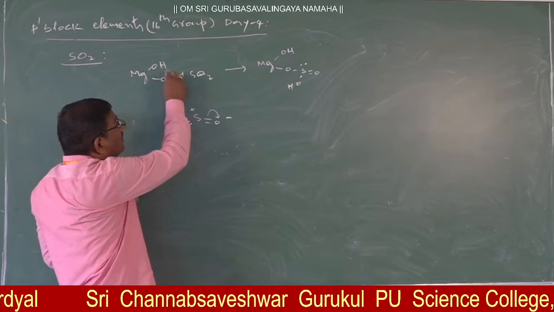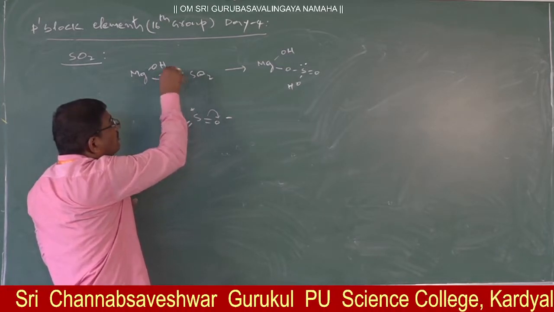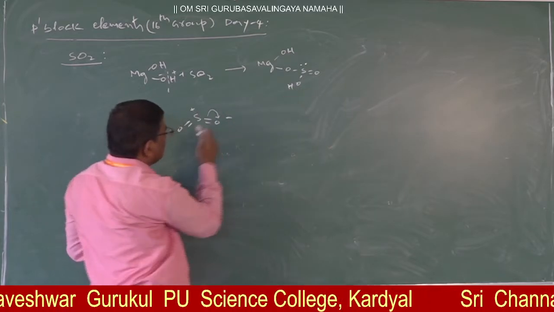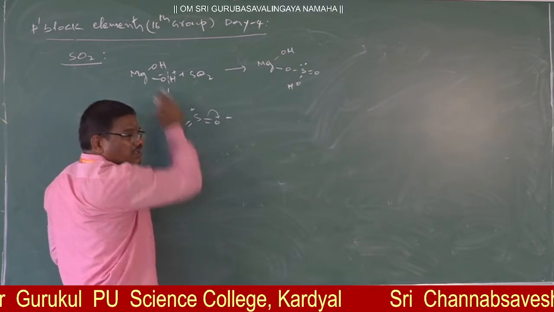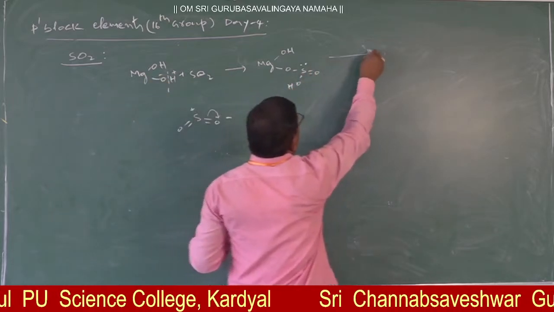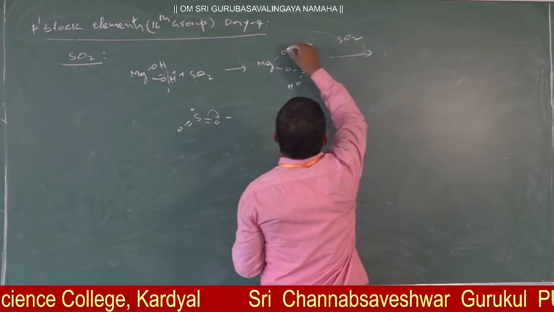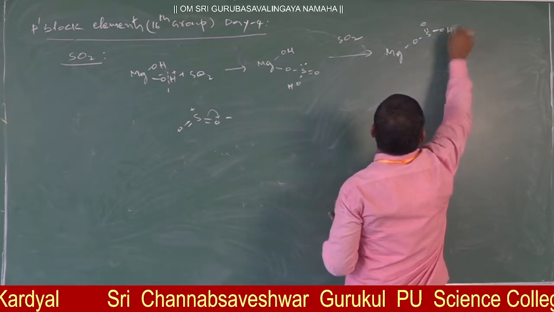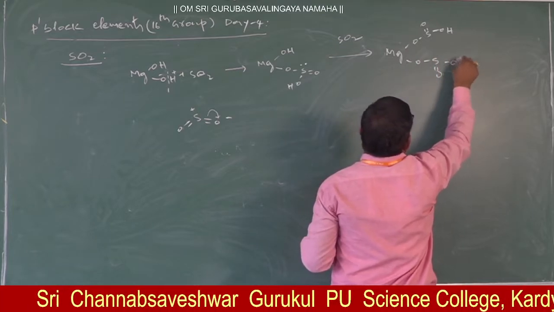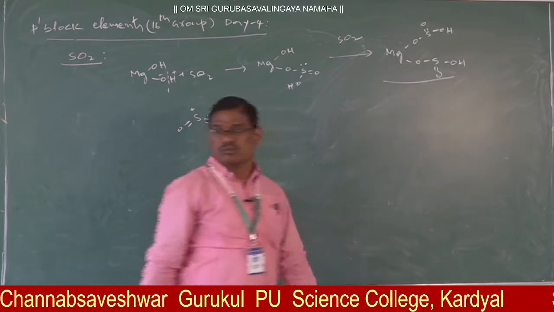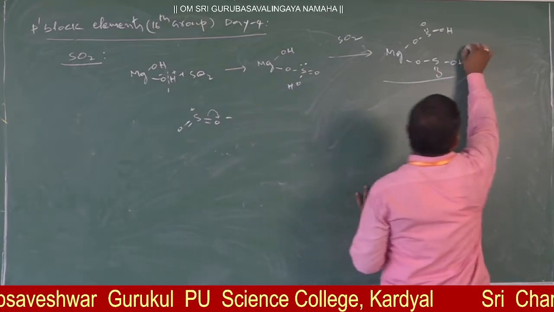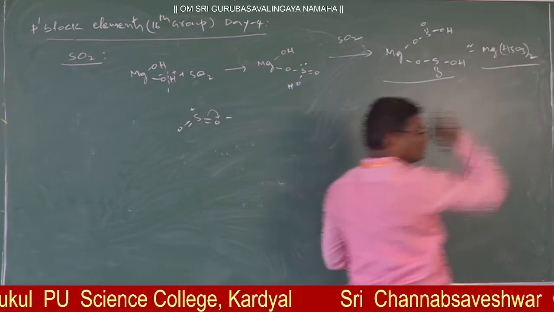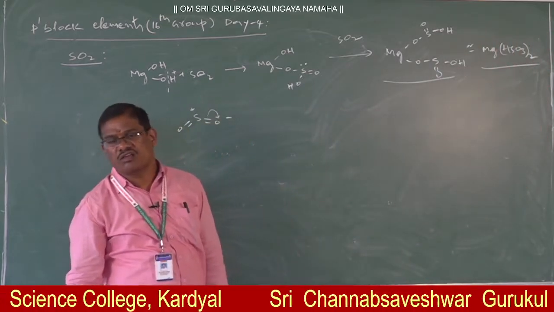Now here what happens, like this if it cleaves, it is minus, it is the plus, this plus goes to O minus. Therefore OH is formed, and this O and S, one bond is going to form. Similarly, it also reacts with one more SO2, it is going to come there. So O=S=O OH, then O=S=O OH. What is this? Magnesium bisulfite. This generally we are going to write in which way? That is Mg(HSO3) taken twice. Correct? Magnesium bisulfite.